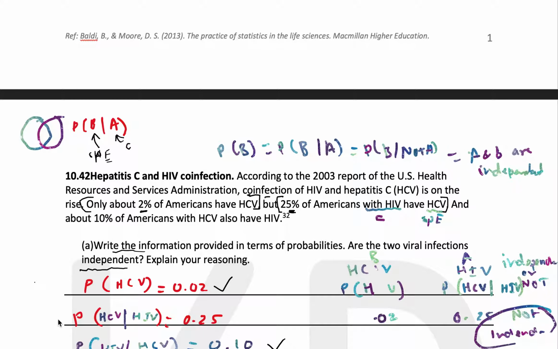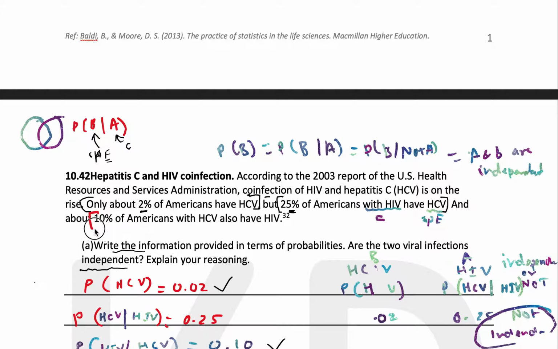So the probability of HCV, the specific event on top, given that HIV has already occurred. So given that this condition is fulfilled, that is nothing but 0.25. 25% is 0.25 probability. And the last portion,